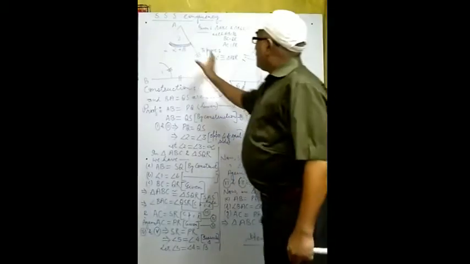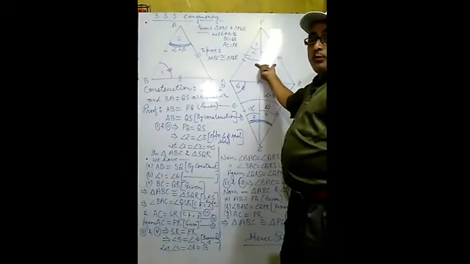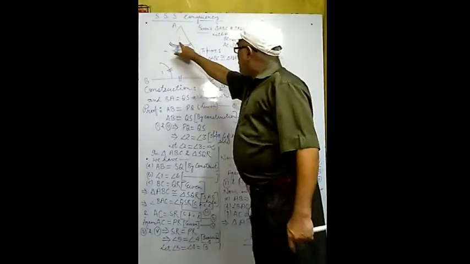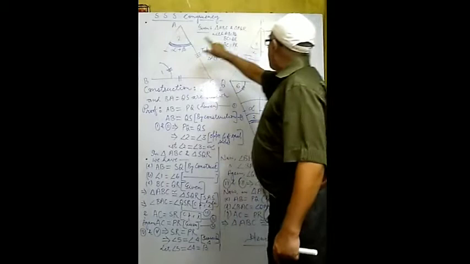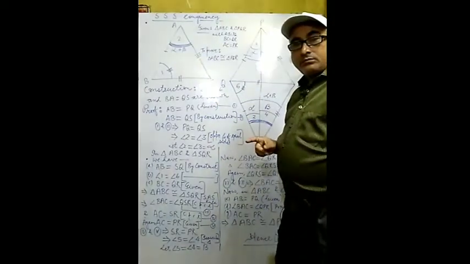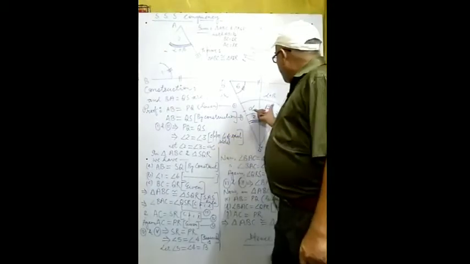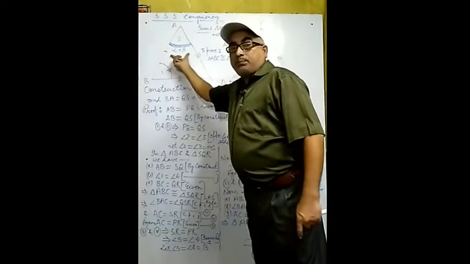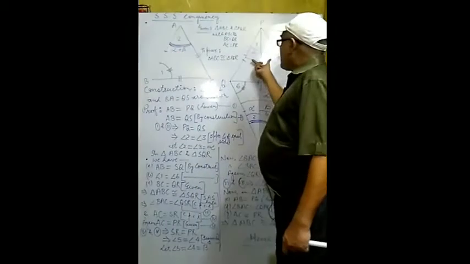It means this alpha plus beta will equal this alpha plus beta. Both angles will be equal. Because this one is equal to this one and this one is equal to this one. So this one also equals this one. Things which are equal to the same thing are equal. If this one is alpha plus beta, so this one is also alpha plus beta. So this will also be alpha plus beta. So this angle equals this one.